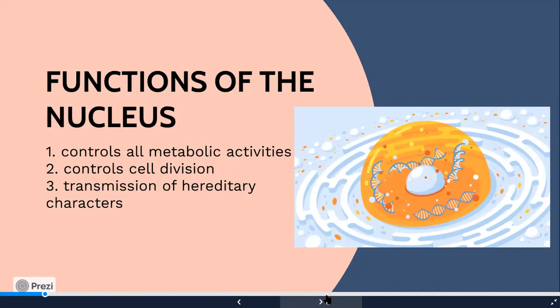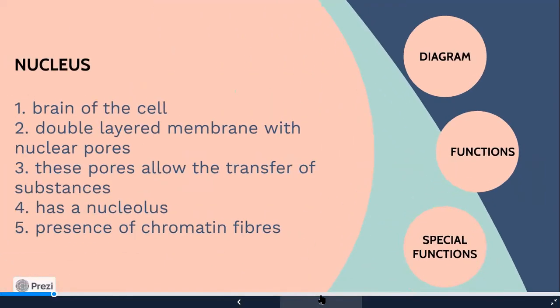And transmission of hereditary characteristics. You will always think, that person just told me I look like my father. So why do they say that? How do you get the looks of your father, or your grandparents or your mother? That is because of transmission of hereditary characteristics, and those hereditary characteristics are given to you in the form of DNA, and the nucleus has a store of that. So that is the function of the nucleus.